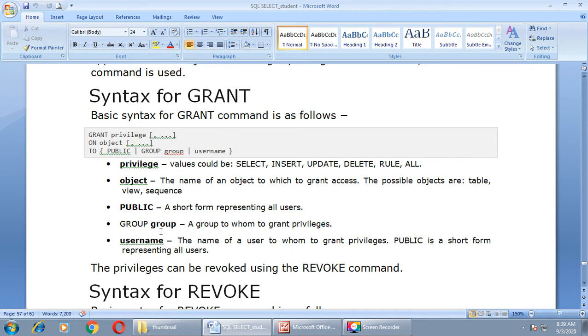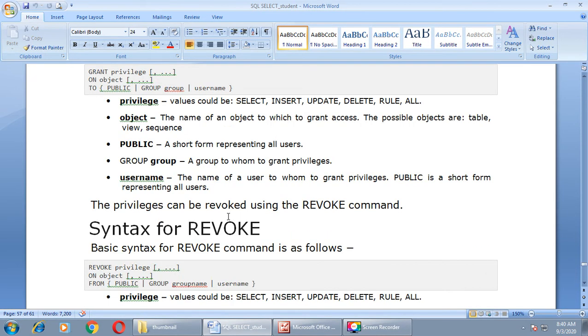If you are creating a particular group and you want to give certain privileges to it, then you can use this word group with its group name. The next parameter is username, the name of a user to whom to grant privileges. Public is a short form representing all users, and if you want to give a privilege to a particular user, you can use username instead of these two options.